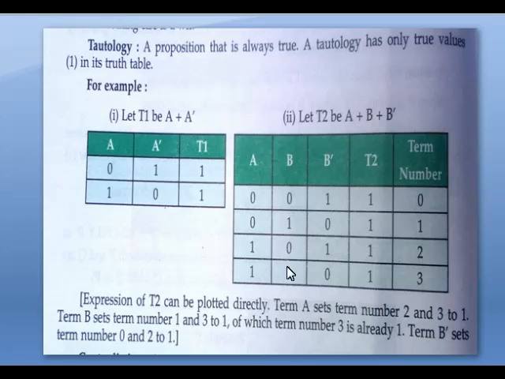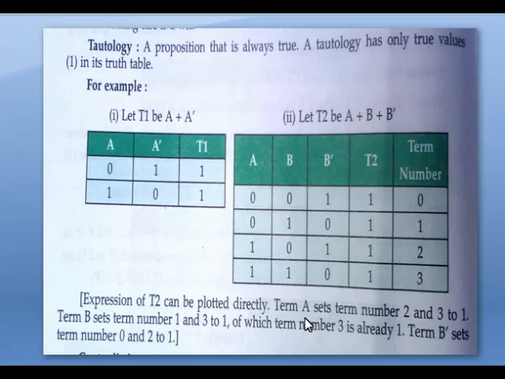So all the values are ready here. Now we are going to find out the output. 0 plus 0 plus 1 is 1. 0 plus 1 plus 0 is 1. 1 plus 0 plus 1 is 1. And 1 plus 1 is 1. Okay, in binary addition rule, 1 plus 1 is 1. So all the outputs are 1. There is no 0. So it is called a tautology. If the output does not contain any zeros, it is called a tautology.